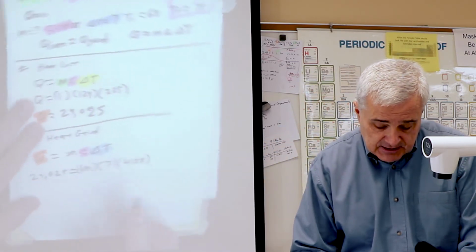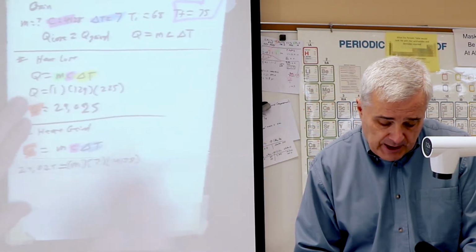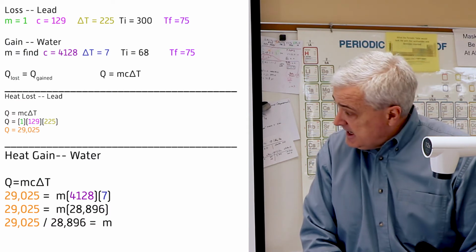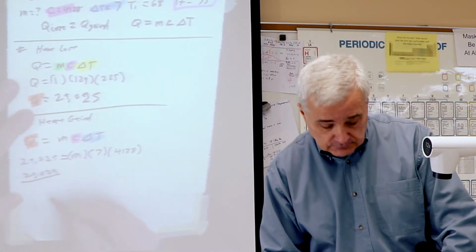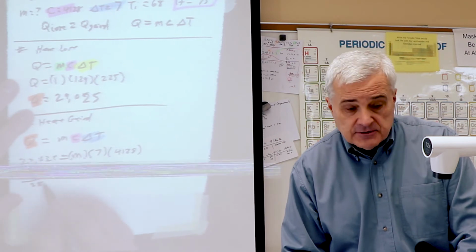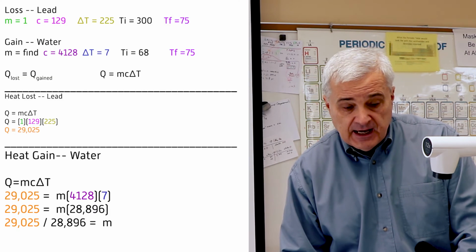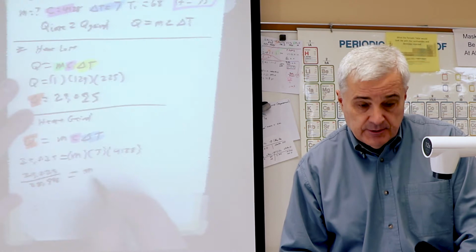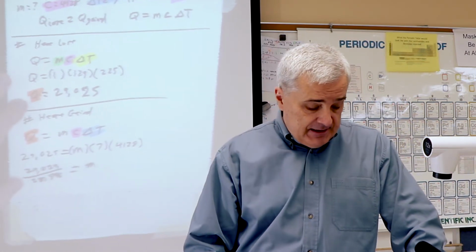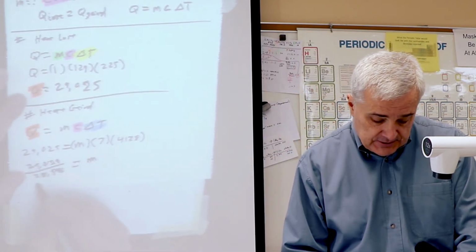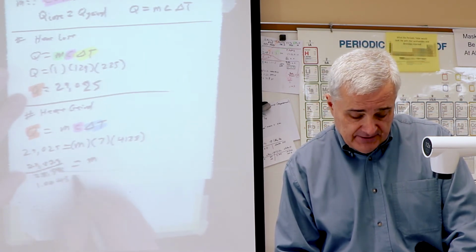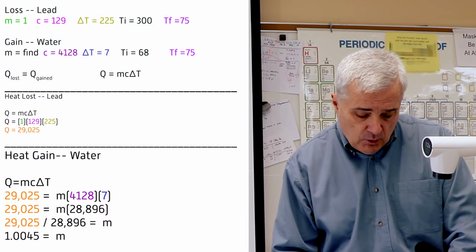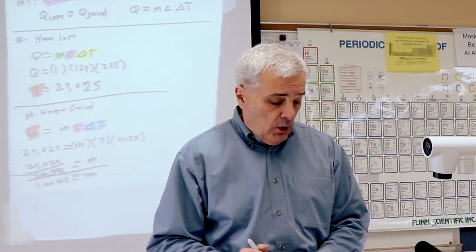So I've got, move up the paper a little bit, 29,025 divided by 28,896 equals M. And when you divide that, you get 1.0045. So the mass of the water was